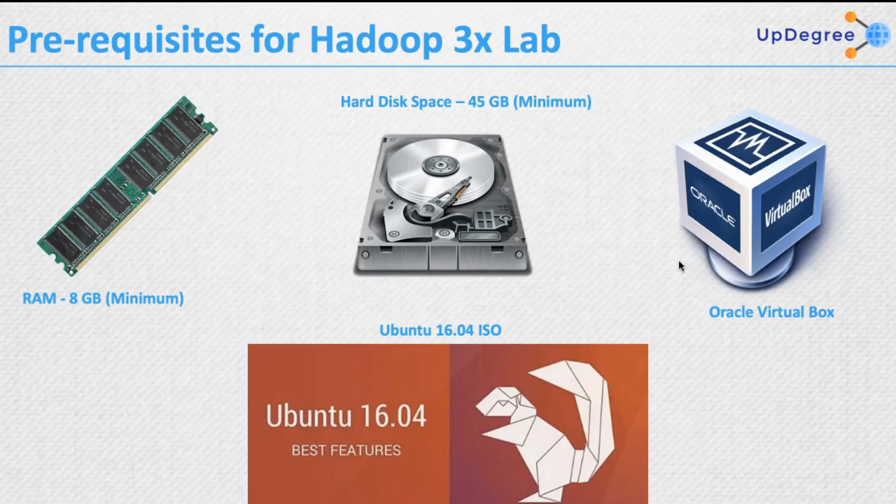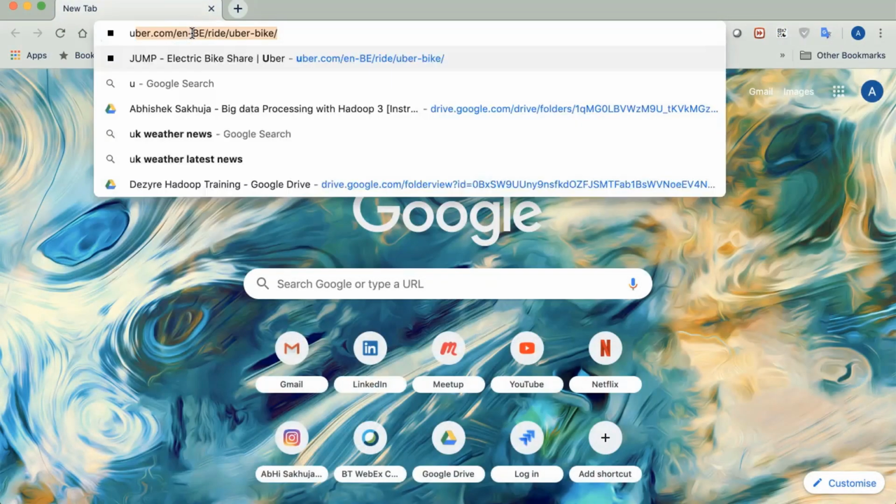After that, once we have Hadoop, it doesn't matter whether it's Ubuntu, Red Hat or CentOS, because you just need to make sure it has the Linux environment. That's it. You just need to download the Ubuntu 16.04 ISO and Oracle VirtualBox. You already have hard disk and RAM, but where can we download Oracle VirtualBox and Ubuntu? You just go to the internet and type Ubuntu